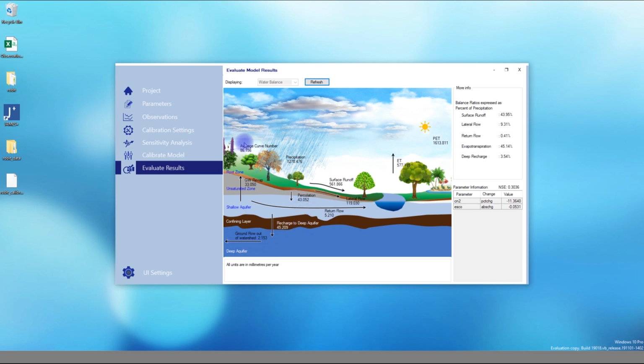So this is the average curve number for your watershed, and here is your precipitation. And here there are some ratios expressed as percent of precipitation, and we see based on these percentages that the surface runoff and the evapotranspiration are the biggest components. Also here you get parameter information that is giving you this water balance. In this case, this is the best parameters from the calibration of the model, and you can see the parameter and the type of change and the actual value for